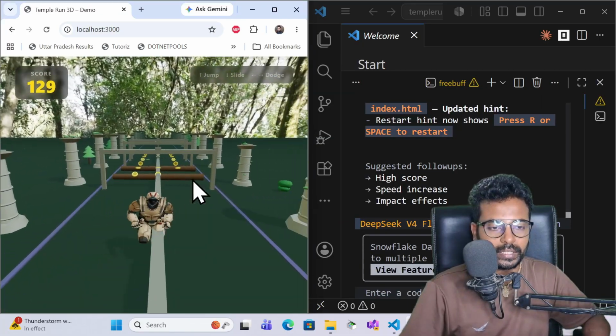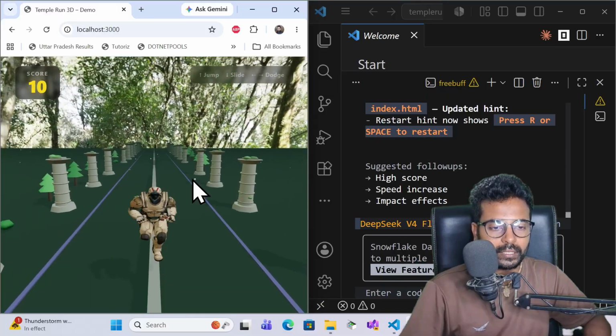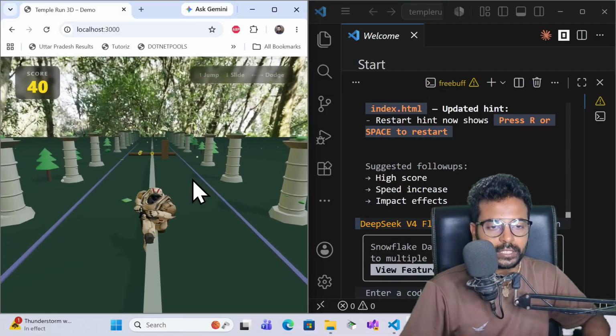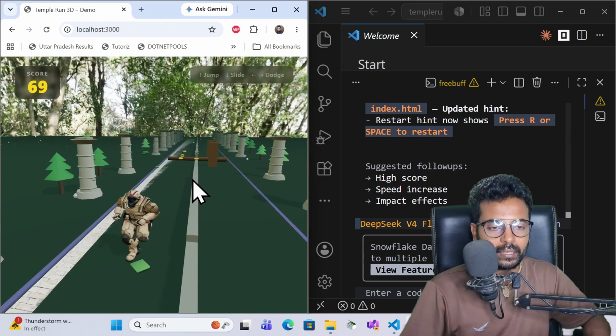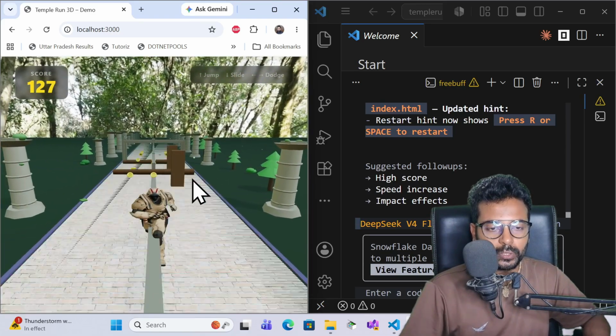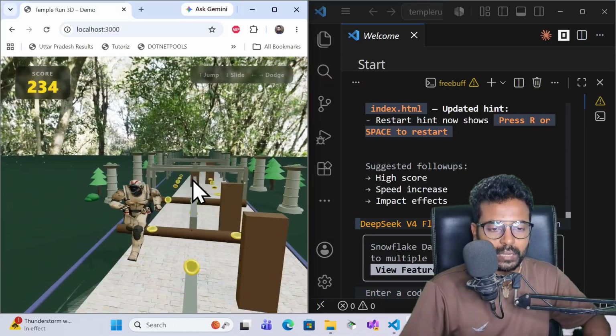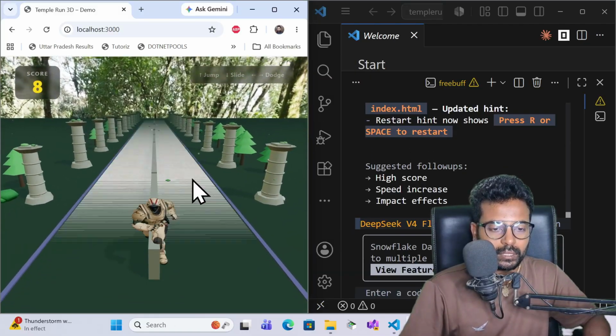Now we've built all the steps. This is fine. Now we have to fix some issues. There are a couple of issues I can see. First, the character is running on the back side, meaning the opposite side, right? And the second issue I see over here is that they are allowed to jump,